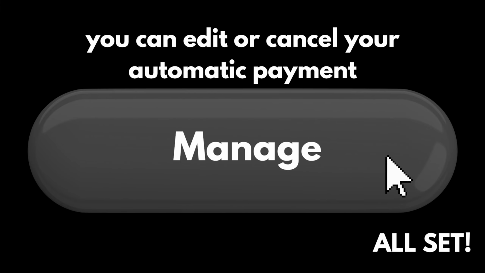And once you're in, just find the show details button. After you click it, you can now edit or cancel your automatic payment, or just simply click manage whether you want to edit or modify the specific payment method that is set as automatic or recurring, which means the prearranged payments, also known as automatic payments.